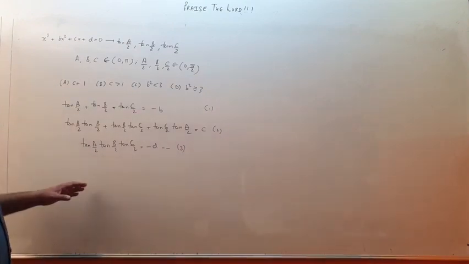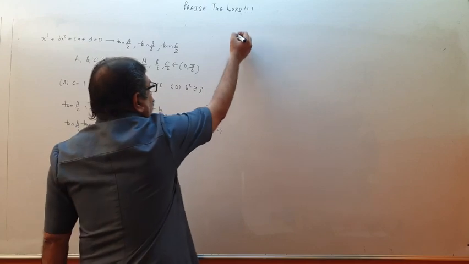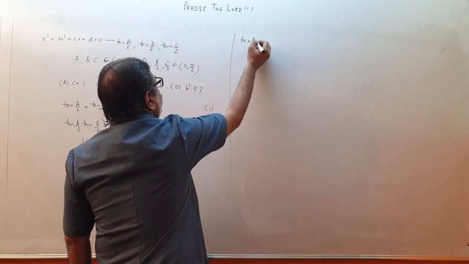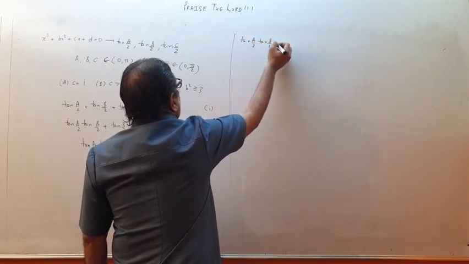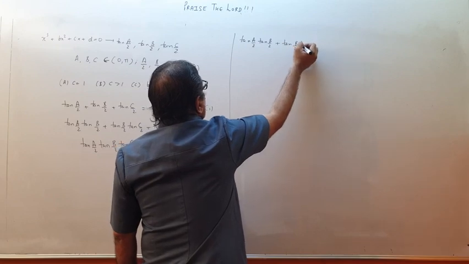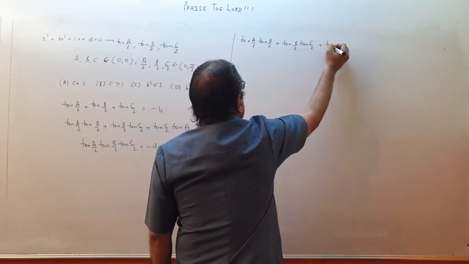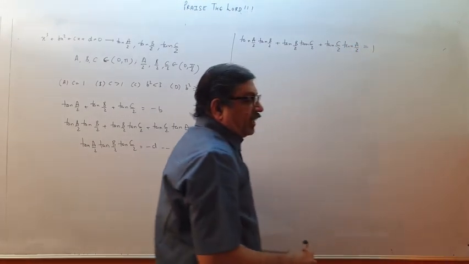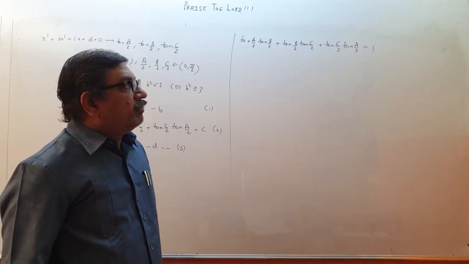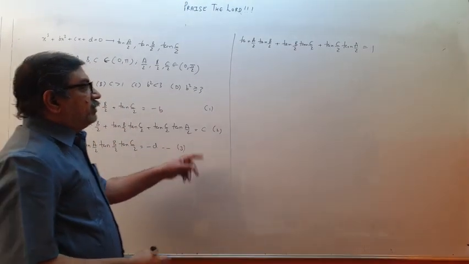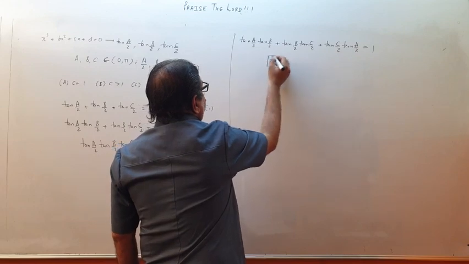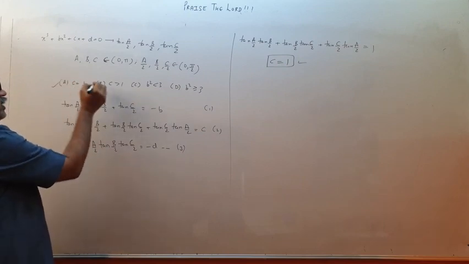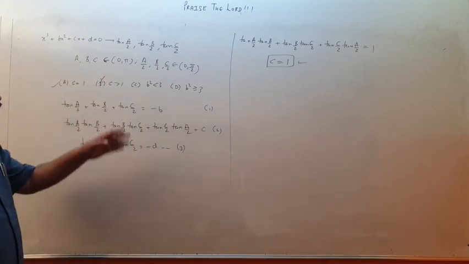Now, children, we should note that when A, B, C are angles of a triangle, tan A by 2 tan B by 2 plus tan B by 2 tan C by 2 plus tan C by 2 tan A by 2 is 1. These are identities which you learned in trigonometry in multiple and submultiple angles. And this is given to me as c. So therefore c will be 1. If you know this identity, then only you can do this very quickly. So c is equal to 1, that is correct. D is wrong. About d we talk.